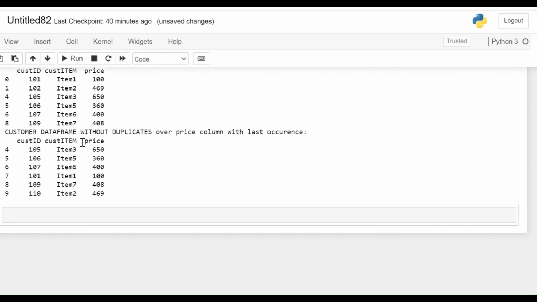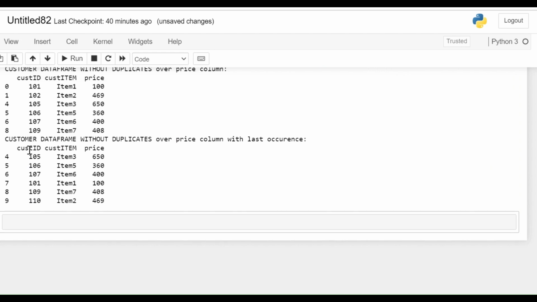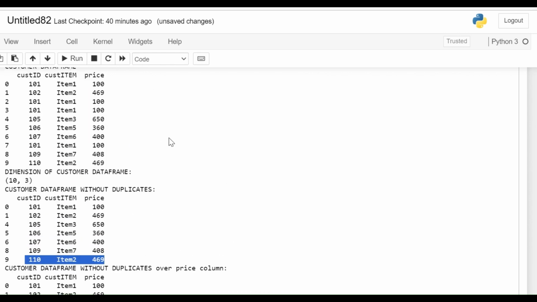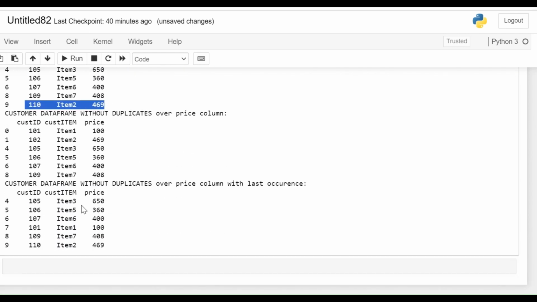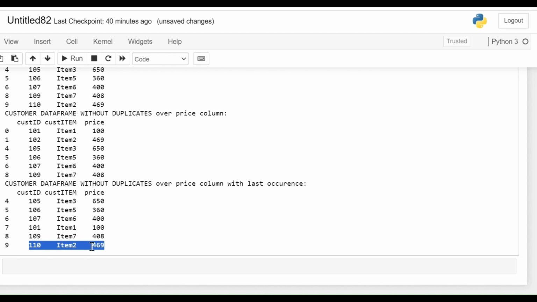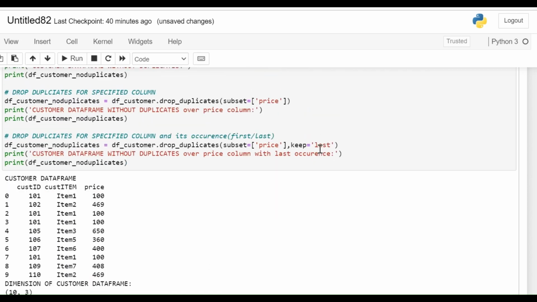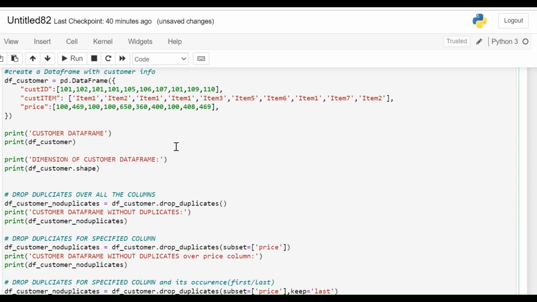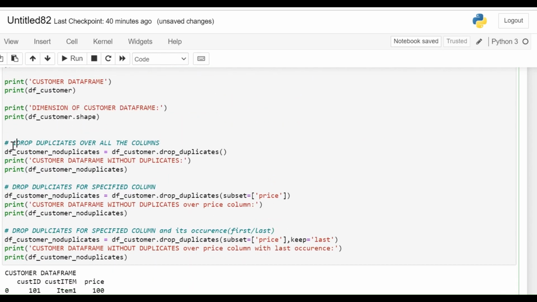Now quickly jump in here. If you could observe, as said earlier, these are the two duplicates for the price column. We are interested in the last occurrence, so we have the last occurrence. There is nothing like 102 item 2 469. There is only 110 item 2 469 because we are interested only in the last occurrence. This is how you can drop the duplicate rows in a pandas data frame. First case is drop